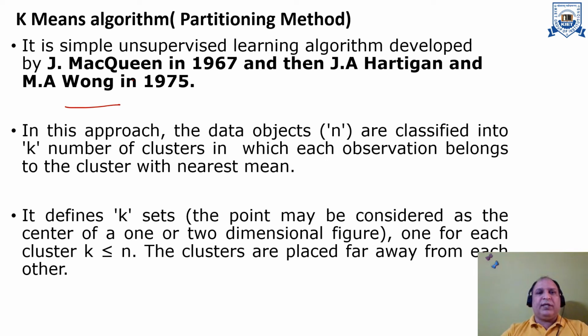So what we are doing in this: suppose we have n objects, and we are grouping those n elements into K clusters, where K is the number of clusters. The maximum number of clusters that can be created depends on the number of elements, that can be n, but K should be less than or equal to n.